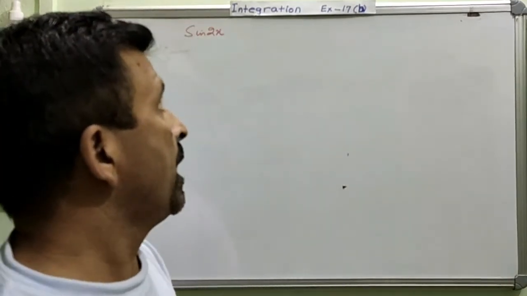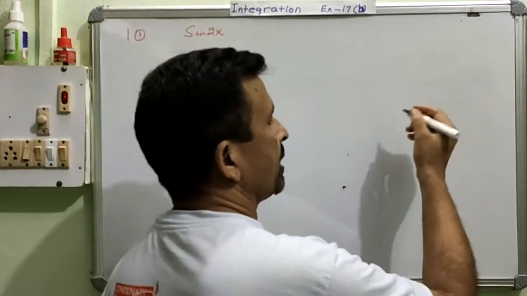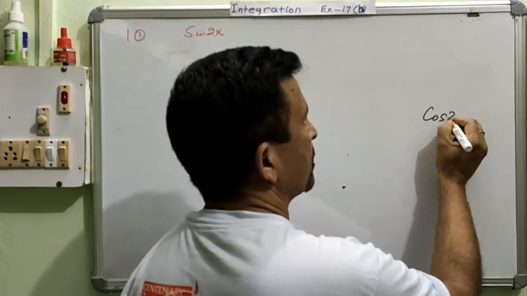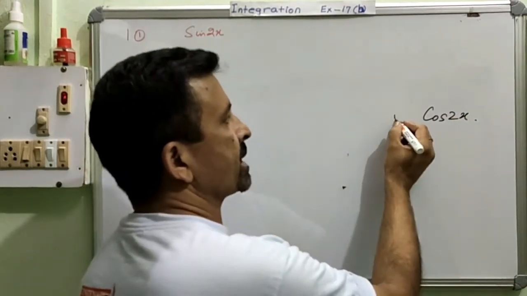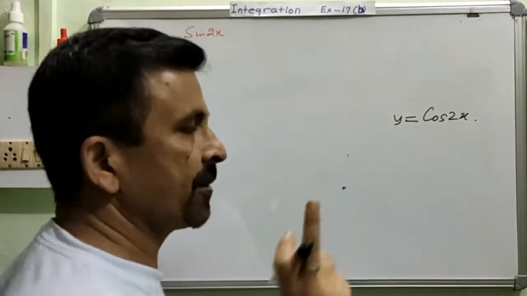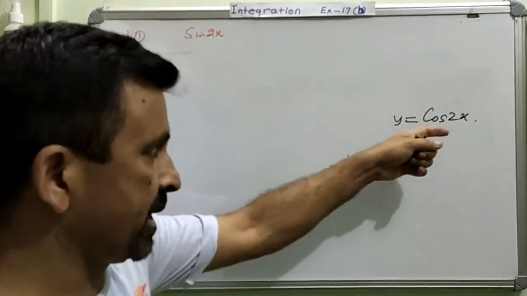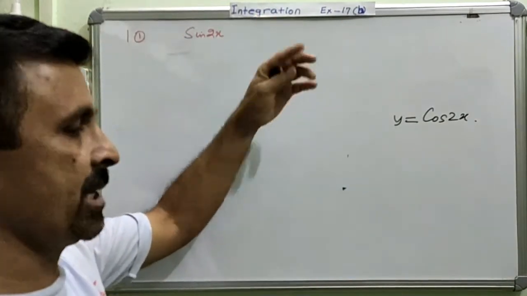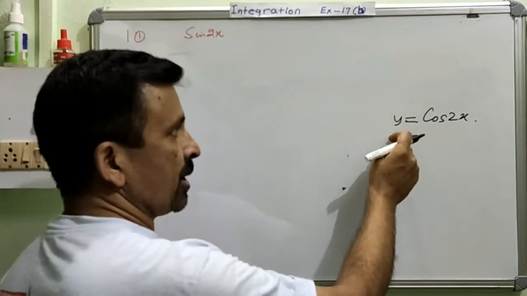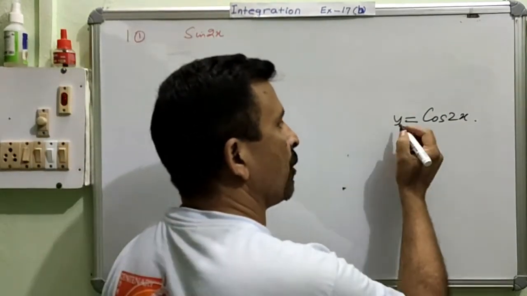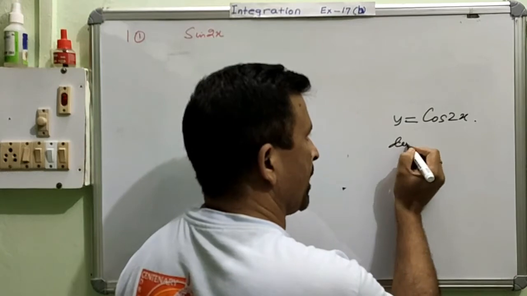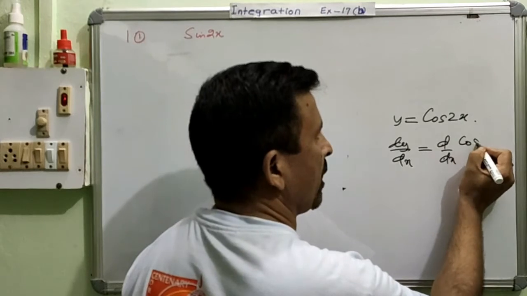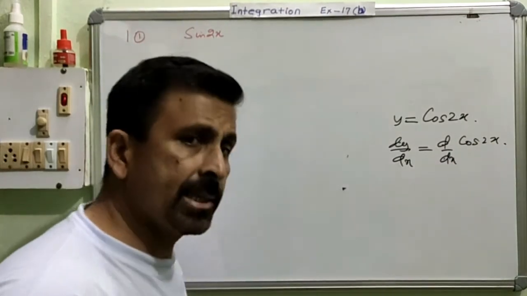Okay, so let us see. Suppose we have a function cos 2x. This is any function. Please remember, this is differentiation. I am going to teach you first of all the differentiation of this given function, and then I will show you how integration is the reverse process of differentiation. So let us just see one more for demonstration. Now we are differentiating dy by dx, and the function is d by dx of cos 2x. Is this very clear?